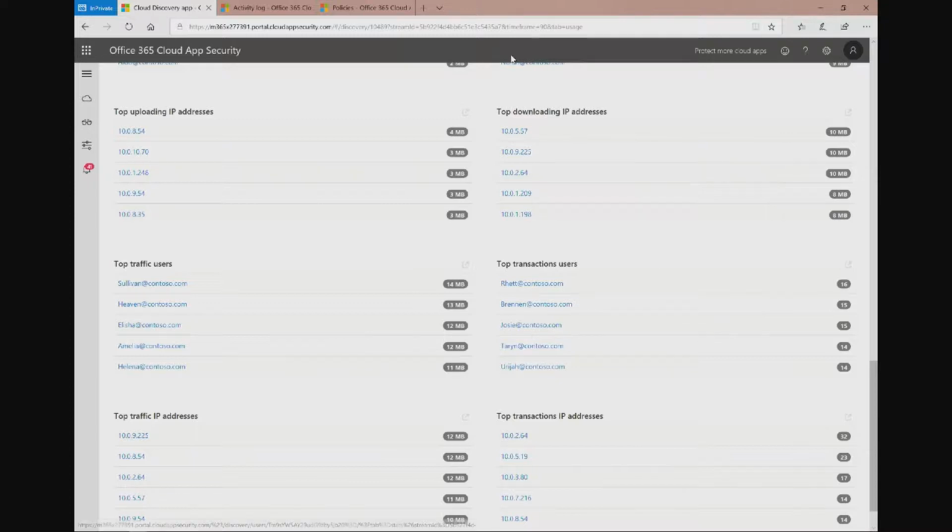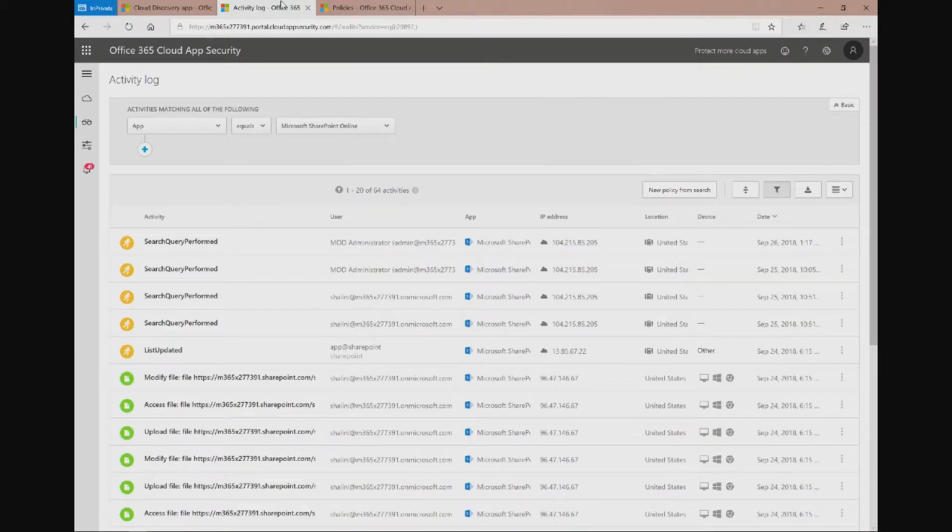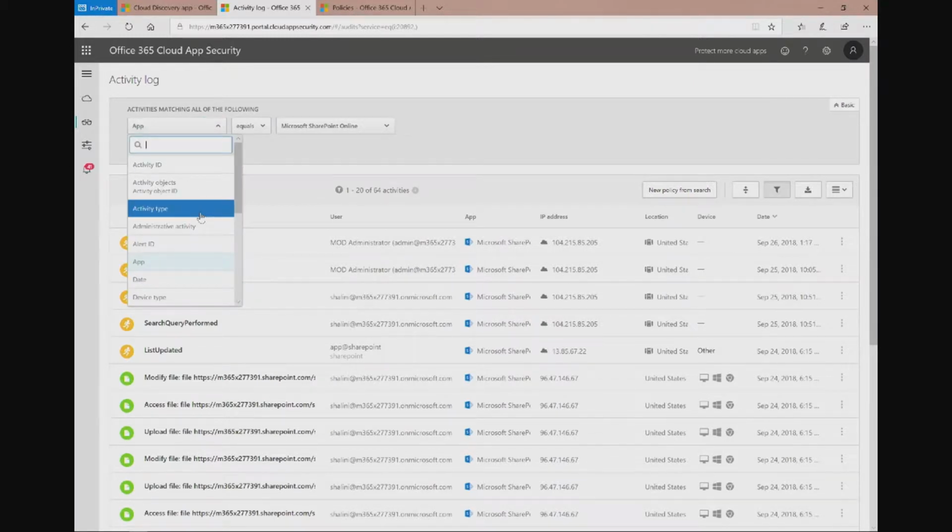The second component is user actions in Office 365. We pull in the audit log data using the public API of Office 365. So here in the activity log, I am given a detailed list of all the events that are happening in the service. I can also filter on a specific activity type, such as show me all the administrative activity happening in my tenant. Or here I'm choosing to filter by application. I can also filter on show me all the activities from a specific geo. Maybe all your users are based in the United States, and you'd like to understand if there's activity to Office 365